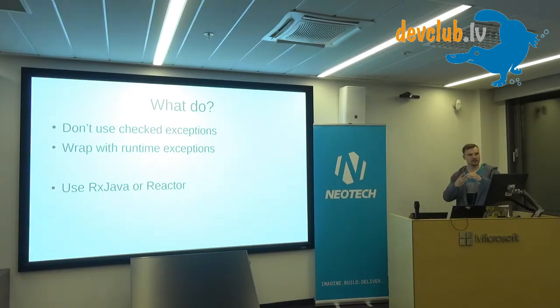You either get something, get nothing, or get a failure. And let's say you can use Optional, or you can use streams or stuff like that. Well, if you look at Optional, it has no exception flow. You cannot do something like onError, because it doesn't have it. So the answer here would be, yeah, you can do something similar to what I've described with checked exceptions, make them unchecked, and then use RxJava or Reactor because they have onError methods, and it would work there pretty natively. So you'd have onNext, which would either return you something or nothing, or onError, which would allow you to handle exceptions. So basically my answer is a non-answer.